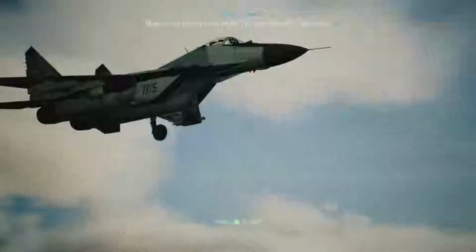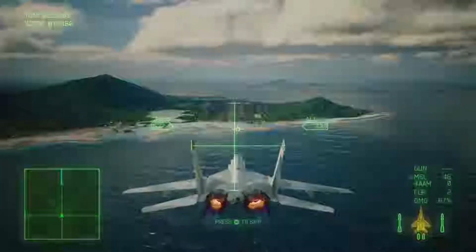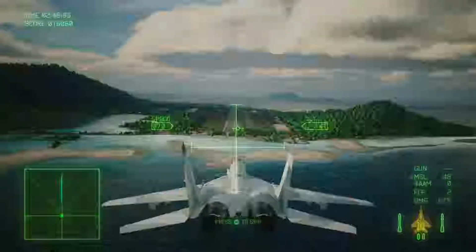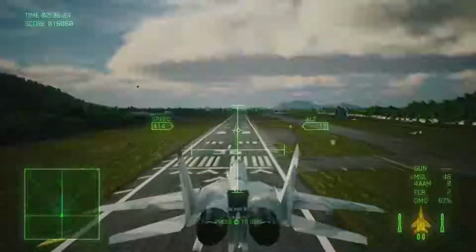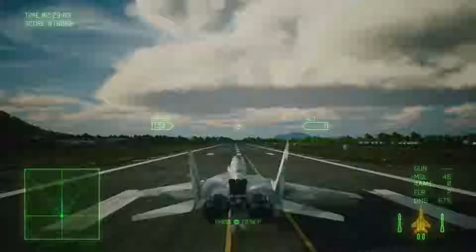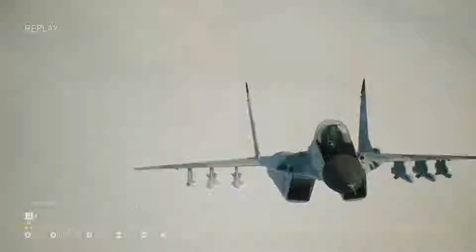Mage 2, we have you on radar. You are cleared for approach. Runway is clear. Mage 2, you are cleared for landing. Mage 2, lower speed. 1500 to runway. Your approach looks good. Stay on course. Perfect, Mage 2. Stand by for further orders. Be ready for your next sortie. Mage Squadron, this is the...